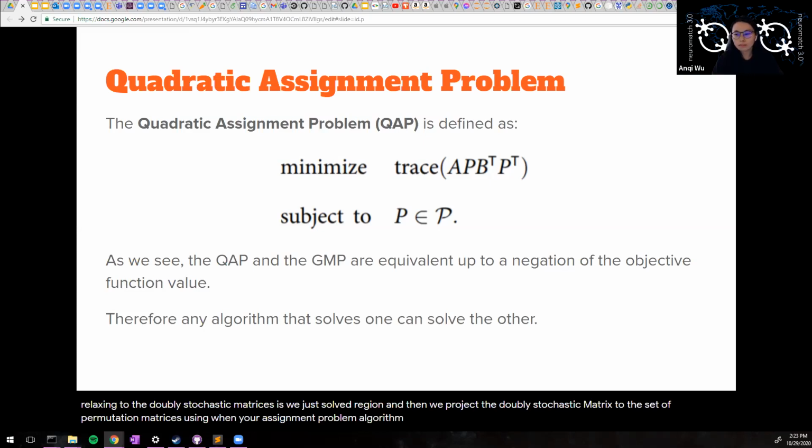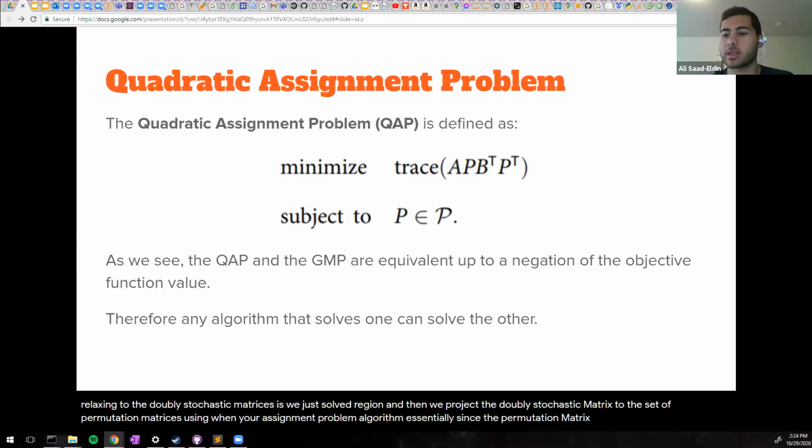So maybe a bit of a follow-up on that. That's another question I came up with while you presented, and you answered that. So why does it have to be doubly stochastic? Just out of curiosity, can you just relax it to be continuous to make it easier? Or what's the reason that you add the stochasticity to the model? So essentially, since the permutation matrix set isn't convex, there are points